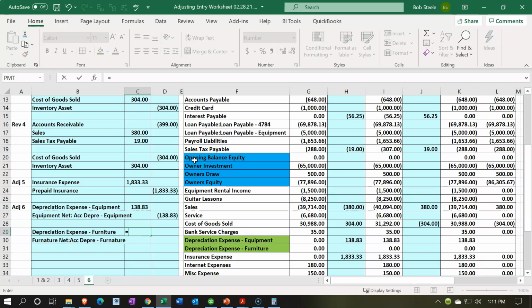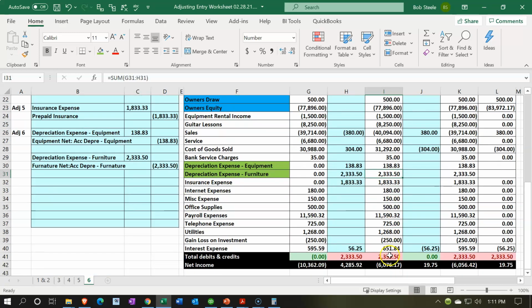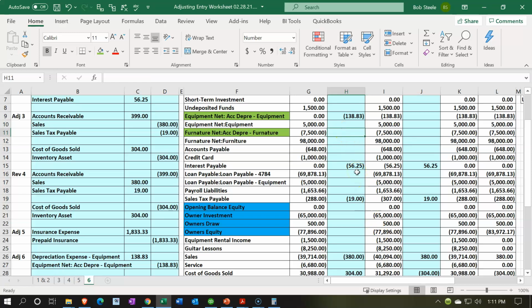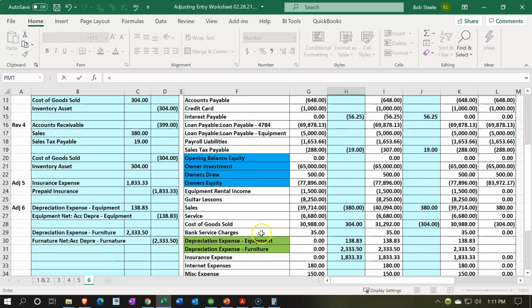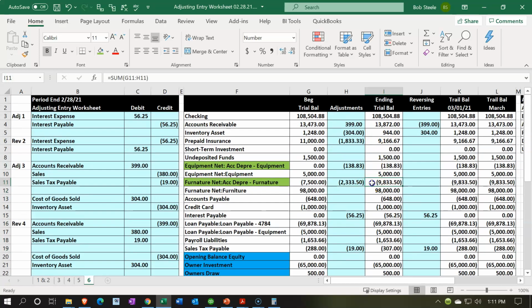So this will be equal to 14,001 divided by 12 times 2. And there we have the debit and credit. So if we record that out, this is going to be depreciation expense for the furniture going up by the 2333.50, decreasing net income, and then on the other side going to accumulated depreciation furniture credit, that increases the accumulated depreciation in the credit direction, and then the 98,000 minus that